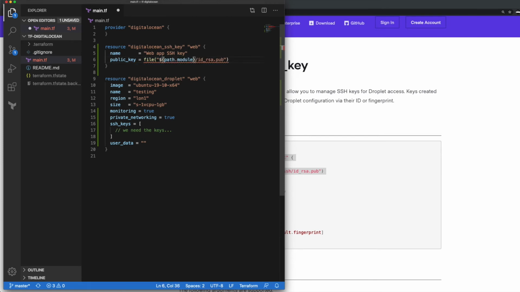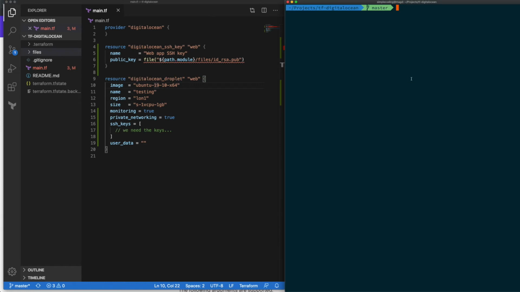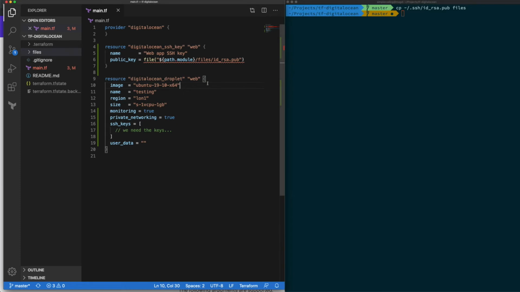path.module. This basically gives you the current directory. And I'm going to say /files/id_rsa.pub. So what we need here is we're going to create a directory, which is files. And inside of this, we're going to add our public SSH key. So what I'm going to do is cp, copy my SSH public key to files. There you go. So now we have the file id_rsa.pub,